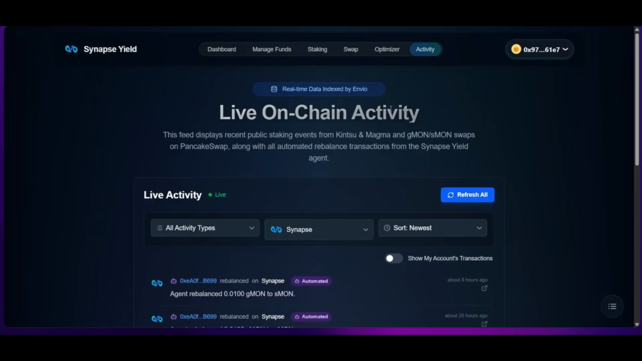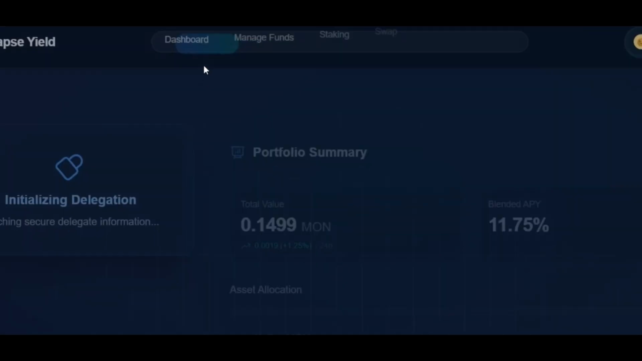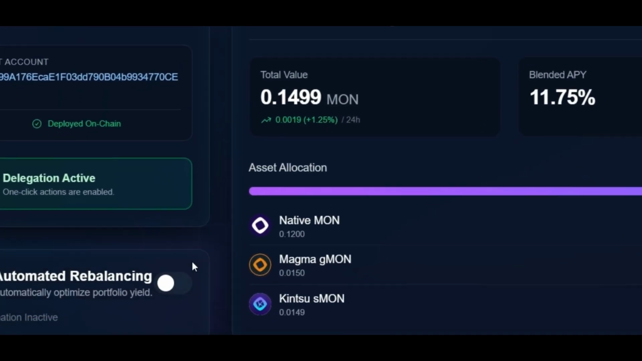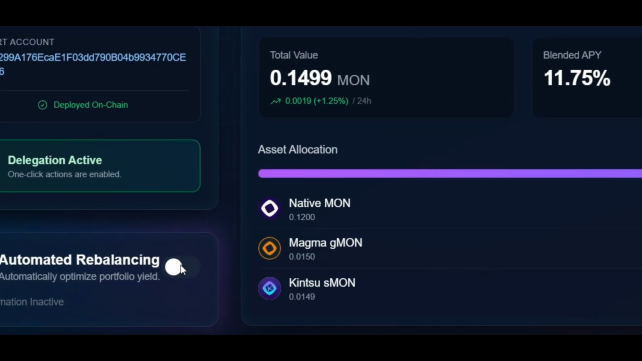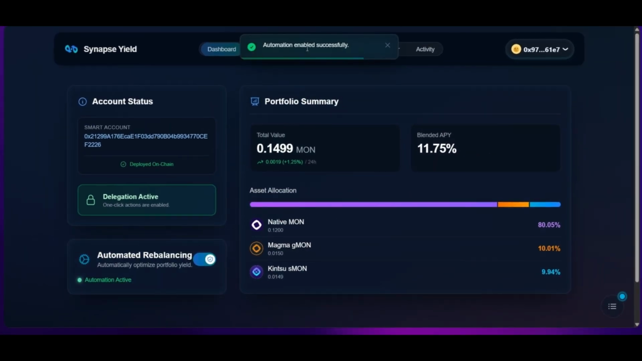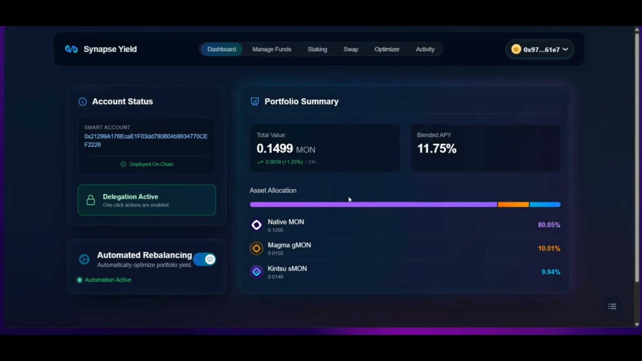Now, I'll show you how to enable that 5-minute automatic rebalancing. We just go back to the dashboard. It's this simple automation toggle. By turning this on, I'm opting in. The keeper, which runs on that cron job, now has permission, based on the delegation we signed earlier, to automatically